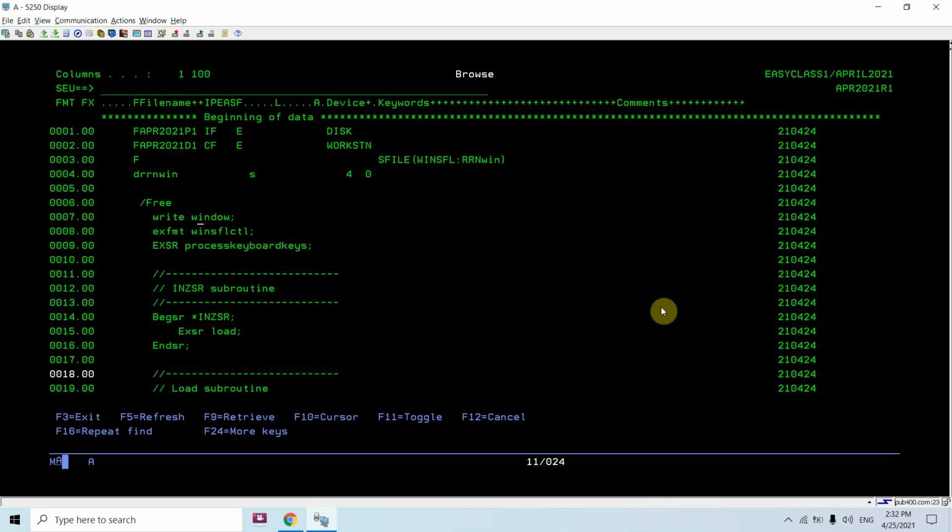So that's the thing which we are performing here, just to show that footer, and then execute format the window SFL control format. So that's all. So now we are displaying the window subfile in front of us.